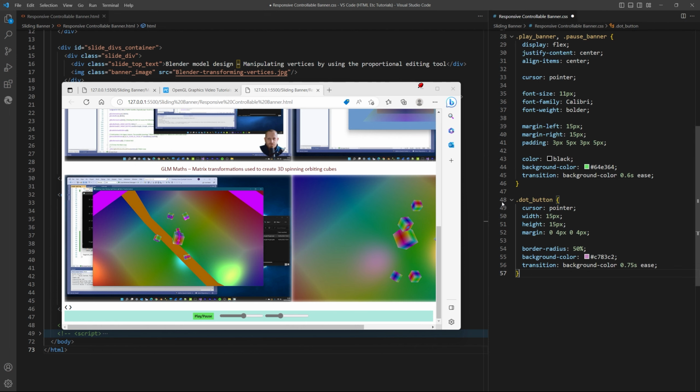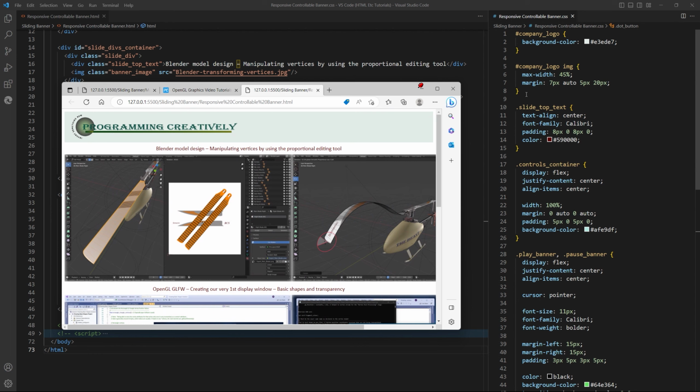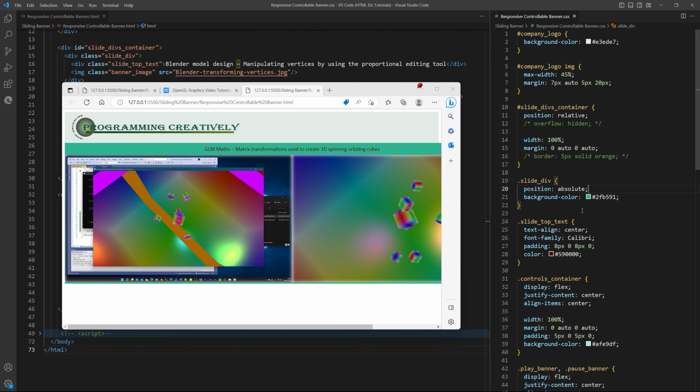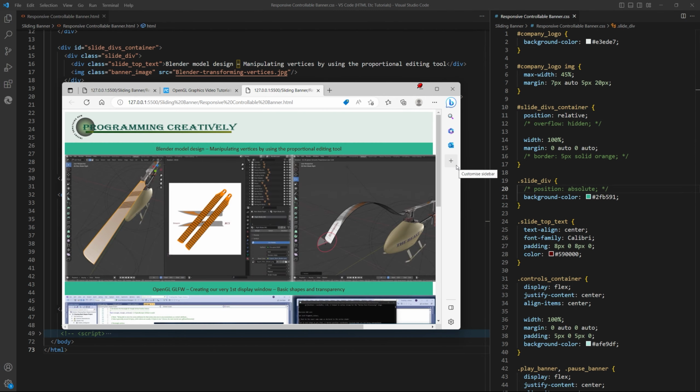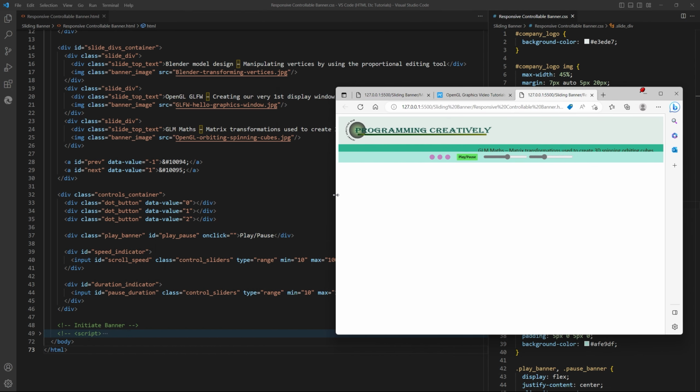When we add in the CSS for the slide division and its parent container, the images disappear. The reason that happens is on screen now, and I'll also show you what happens when we comment out overflow hidden and position absolute. Now this is where the JavaScript comes into play, but we first need to download jQuery,